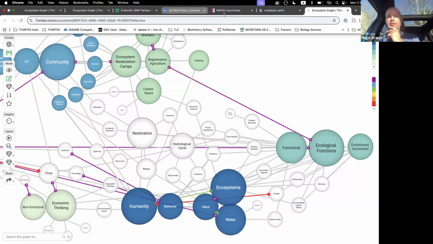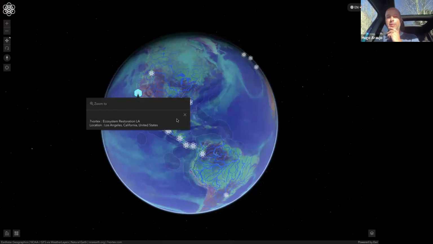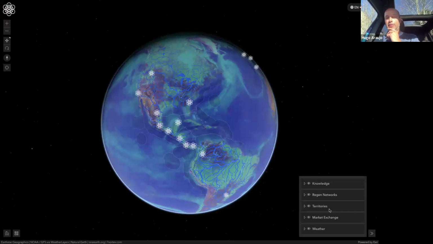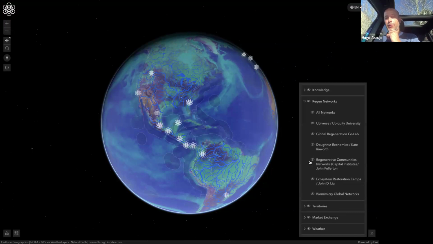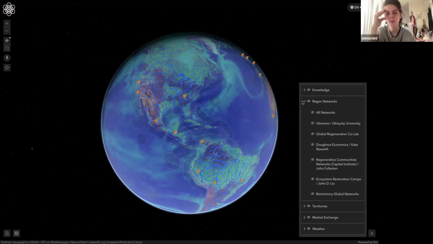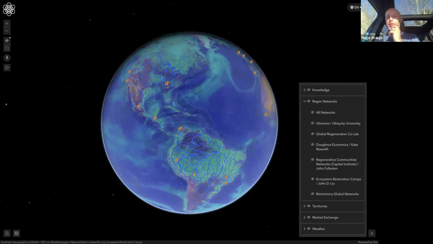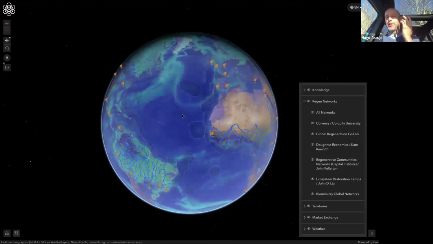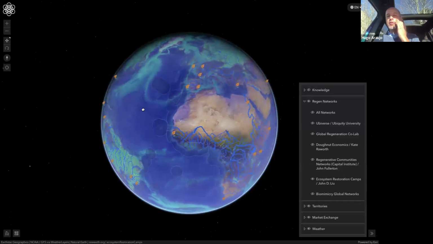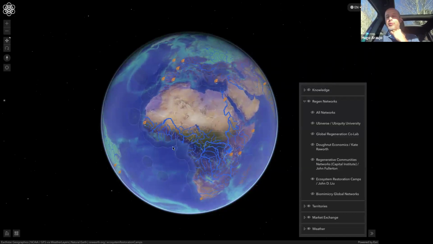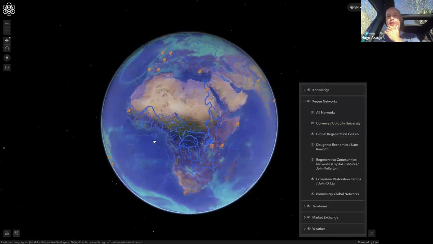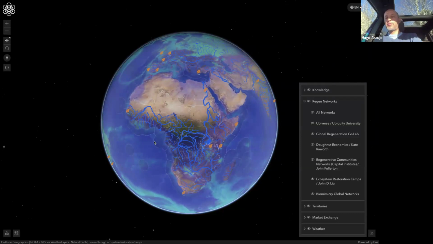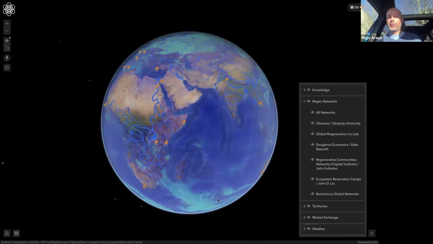And so this is the last way of doing it. In this metabolic earth, I also have different networks that I've been working with, for example, the ecosystem restoration camps at that moment from John. I have them mapped here with a small logo. In case it helps you to share with someone, they will not be fully updated, but I think it's a beautiful tool just to share with someone else to say we are global. This is from 2019, I think. And now we have more camps, but so you have another place to share.